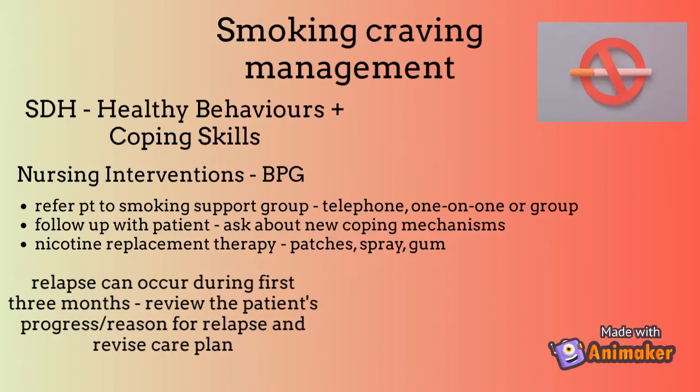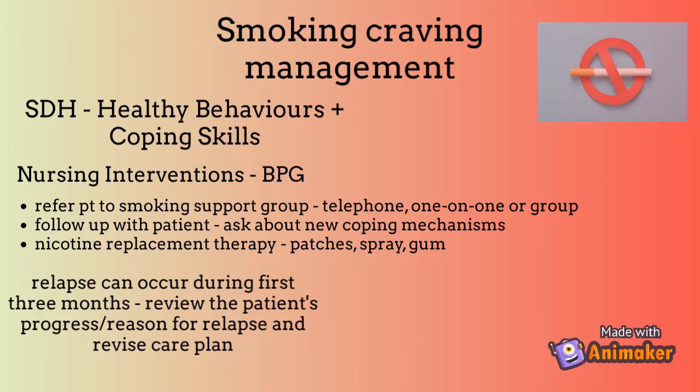Smoking craving management is extremely important as it directly relates to the social determinants of health of healthy behaviors and coping skills, as many people do use smoking as a coping mechanism, which our patient may have done in the past. Some best practice guidelines include referring the patient to a smoking support group, whether that's on the telephone, one-on-one, or group counseling, following up with the patient and creating new coping mechanisms with them, as well as nicotine replacement